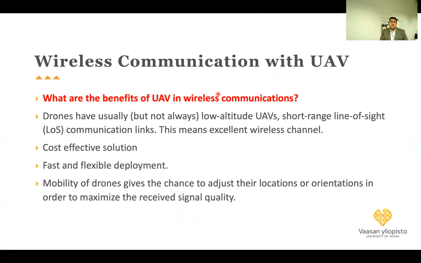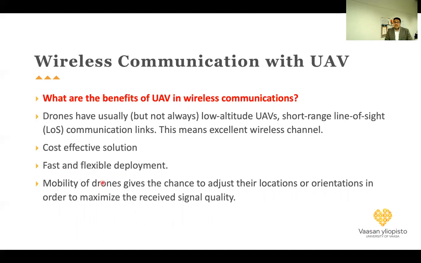So what are the benefits of using UAVs or drones? As we said, drones are usually at low altitude, which means they can provide very good line-of-sight channels, and these channels can be excellent. So we have a very high data rate over those channels. It is a cost-effective solution, with fast and flexible deployment.